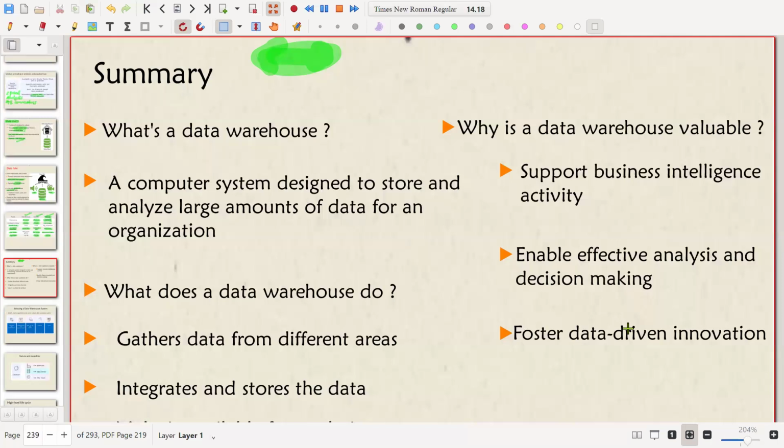How will you do it with a data lake? A data mart usually has less than 100 GB of data storage capacity, whereas a data lake has a bit more, and a data lake can store both structured and unstructured data, right? It can take in anything you give. A data lake is like that, whereas for a data mart, you need to give only structured data.